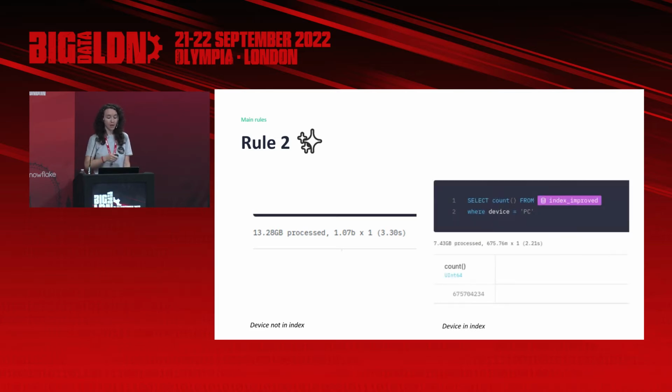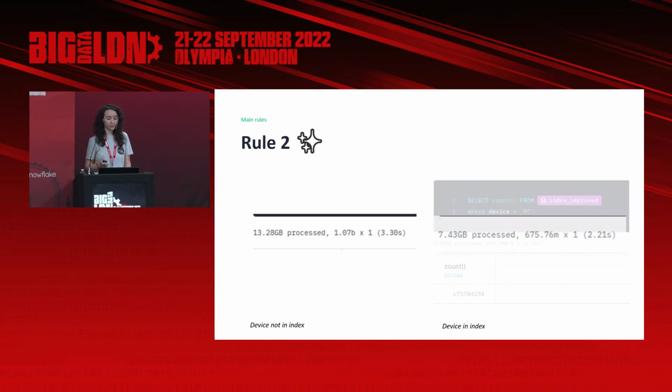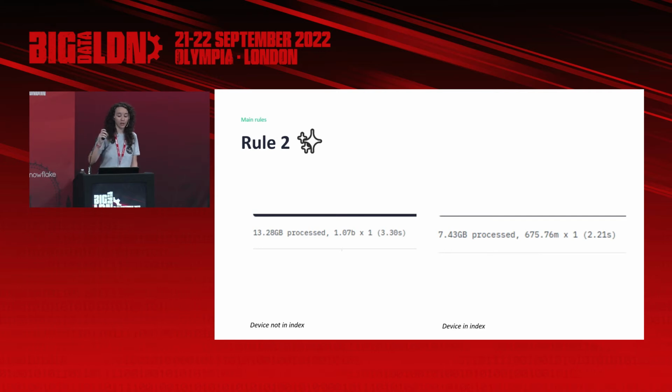But if we filter based on something we have in the indexes, in this case, device is set as an index, it's reading 7.43 gigabytes, and it's around 7 million rows. Okay. It's a lot, but it's what